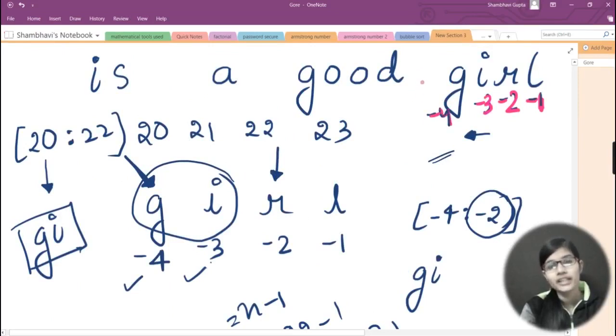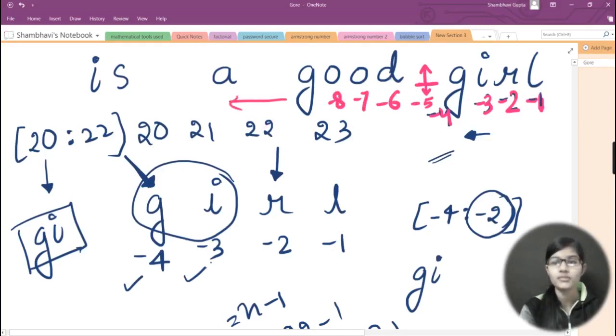Keep one thing in mind, that all the blank spaces here are also counted in the number of indices. So this blank space is minus 5, then D is minus 6, minus 7, minus 8, and so on till minus 24. So if I write nothing on this side of the colon, and I write minus 1 here,